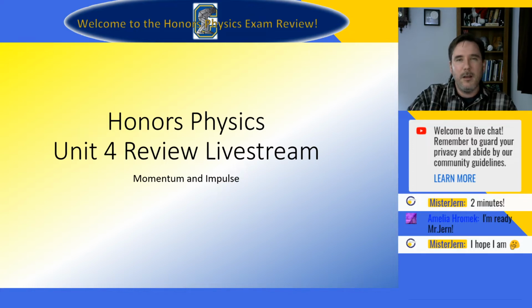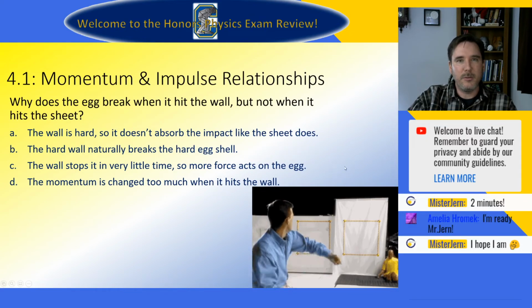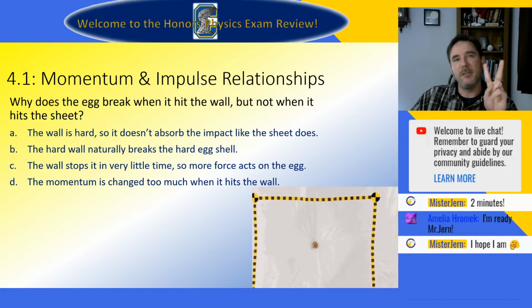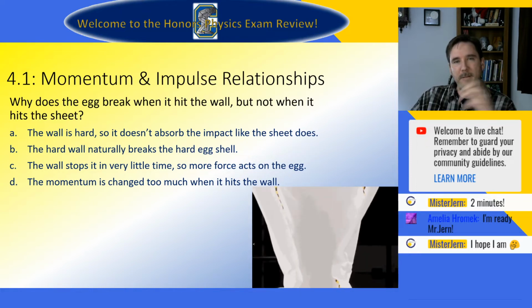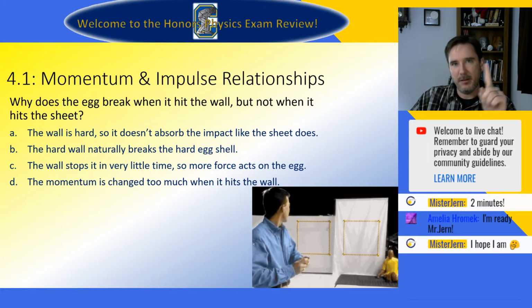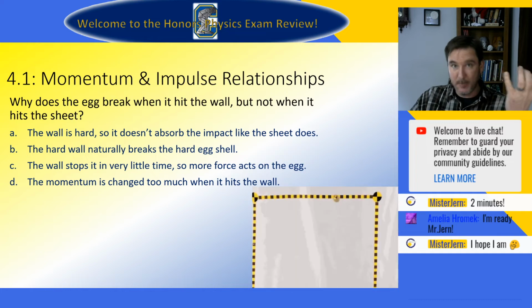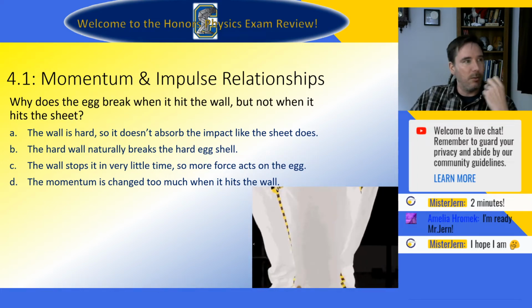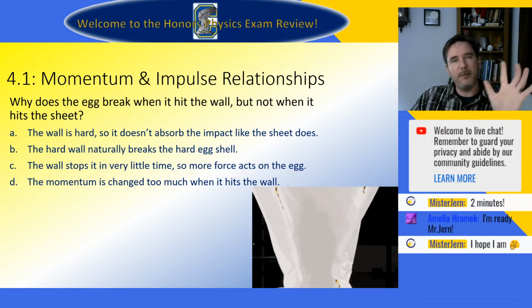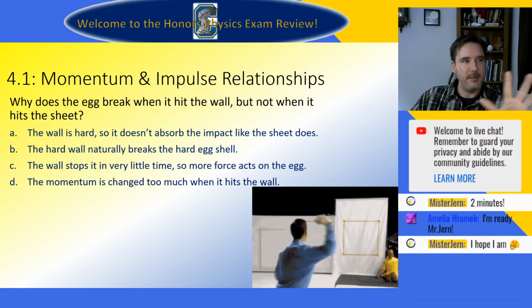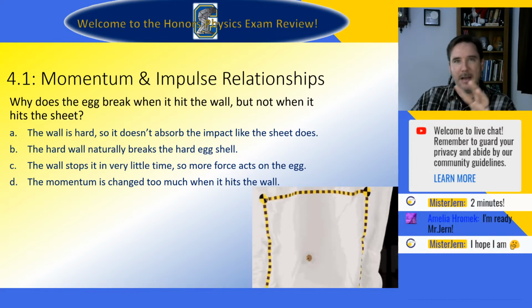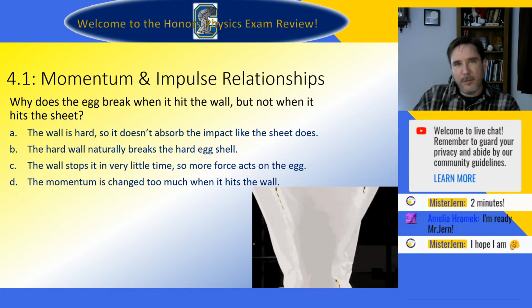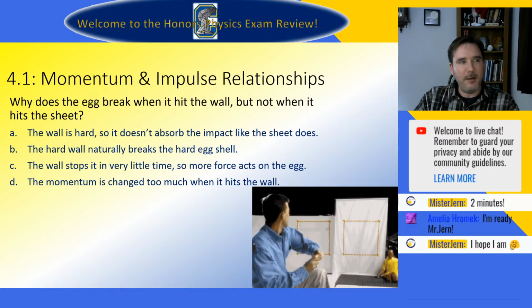So let's begin. All right, so there's two parts to this unit. It's all about momentum and impulse. And the first part is just basically what is momentum and impulse. So we're gonna start with this question: why does the egg break when it hits the wall, but not when it hits the sheet? So while you're thinking about it,